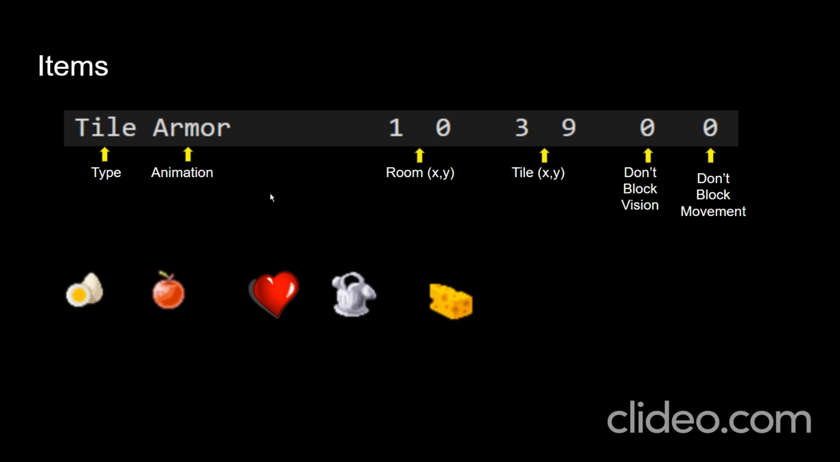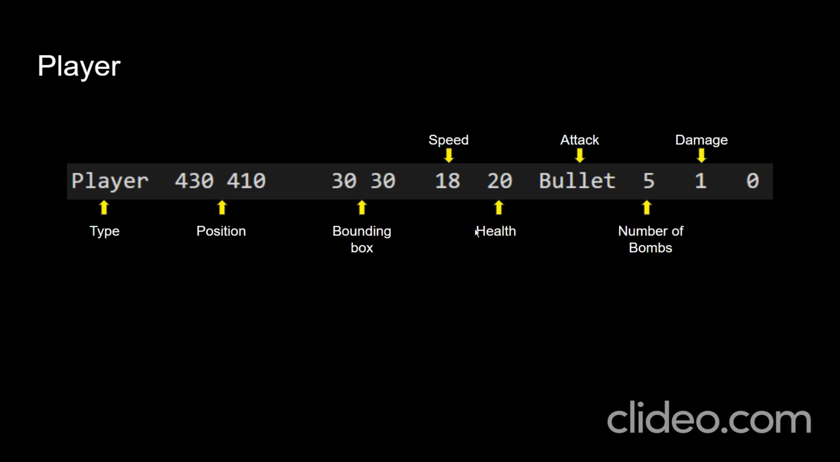Next, we have the item specification. Similarly to NPC, we have the type, the animation, room number, and tile number, and in this case, they don't block vision or movement. And last, we have a player specification, the position, which is given by pixels in our world,